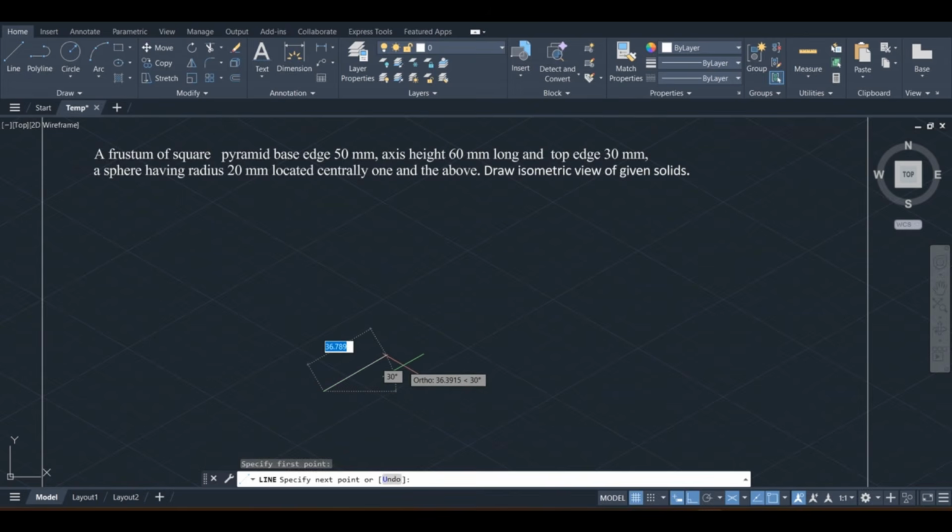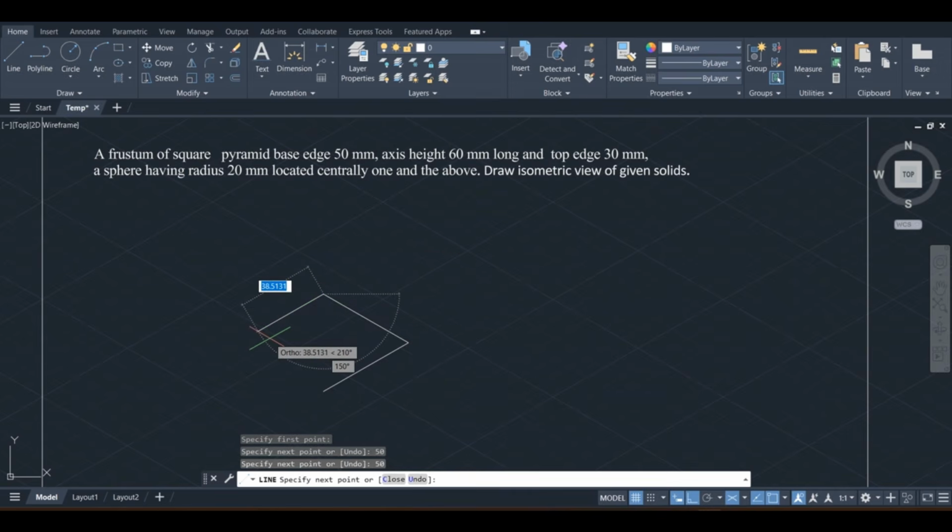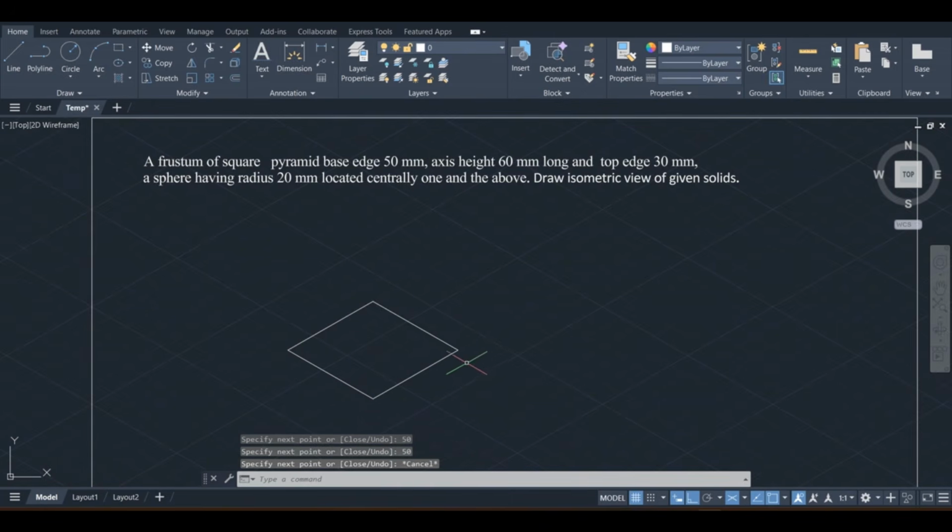So click here, give the length 50 mm. Now see, the line is coming at 30 degrees inclination with respect to horizontal automatically. This is the use of ISO draft. So give the length 50 mm, then press enter. Now move your cursor in the other direction of the isometric axis, so that is also the length 50, and beside move your cursor and give the dimension 50, then coming back with the same length 50. Done. So this is the bottom square I have drawn in isometric view. See how simple that is.